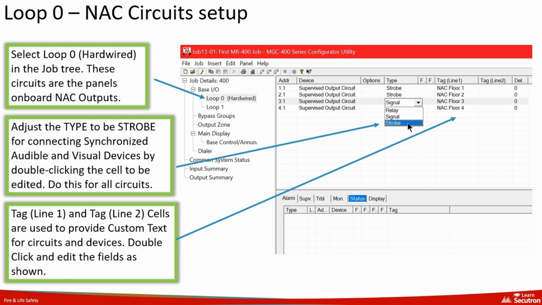Setting up NAC circuits in the 400 series configurator utility. Select Loop 0, hardwired from the job tree. This represents the panel's onboard notification appliance circuits. To configure for synchronized audible and visual devices, change the type to strobe by double-clicking the cell and selecting from